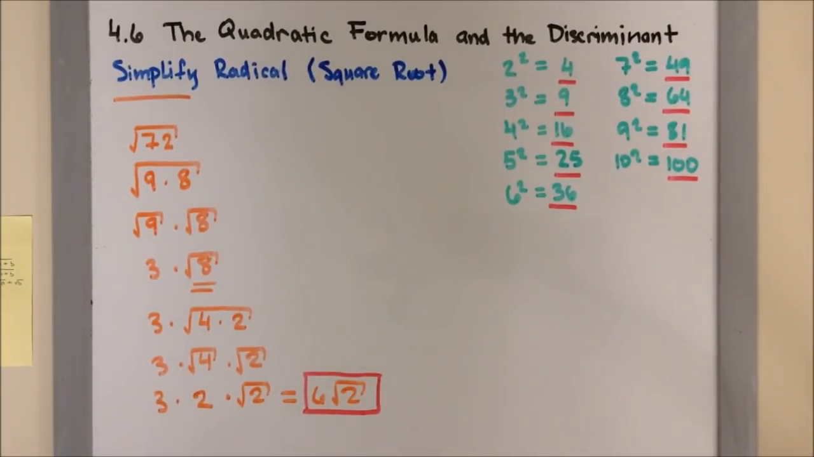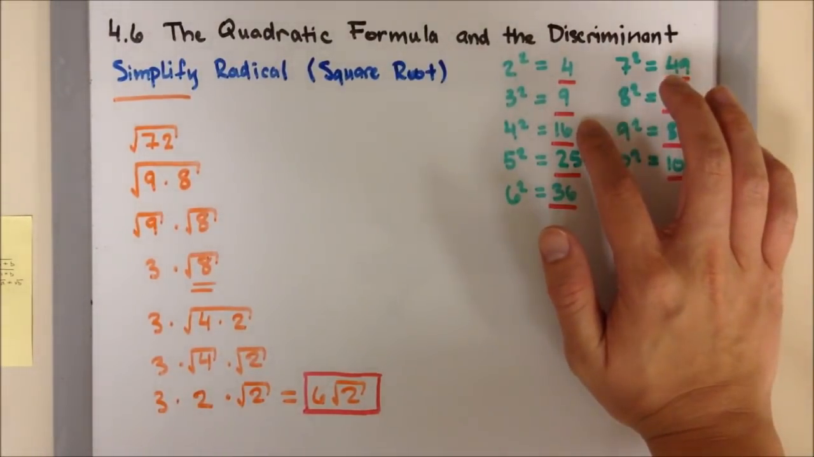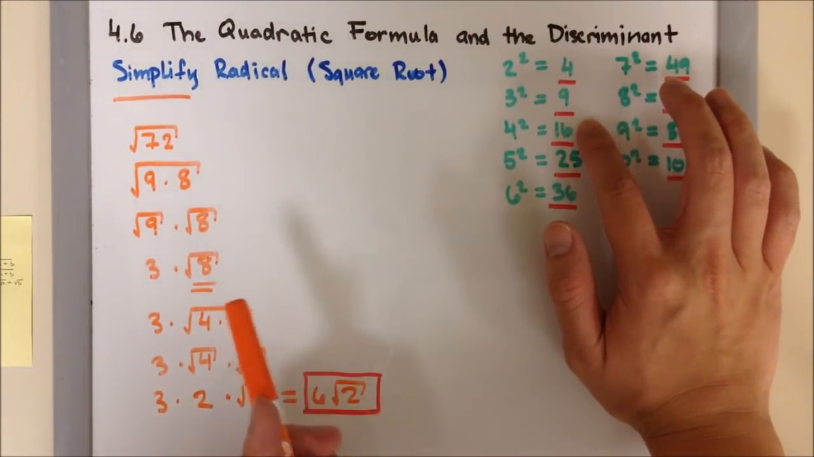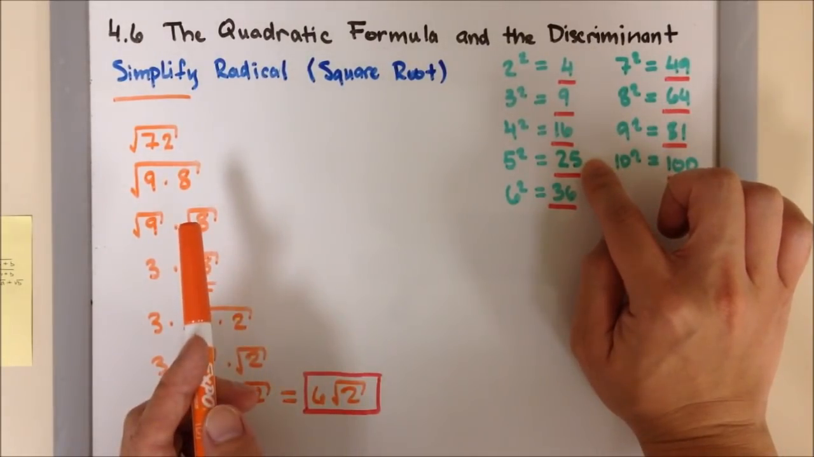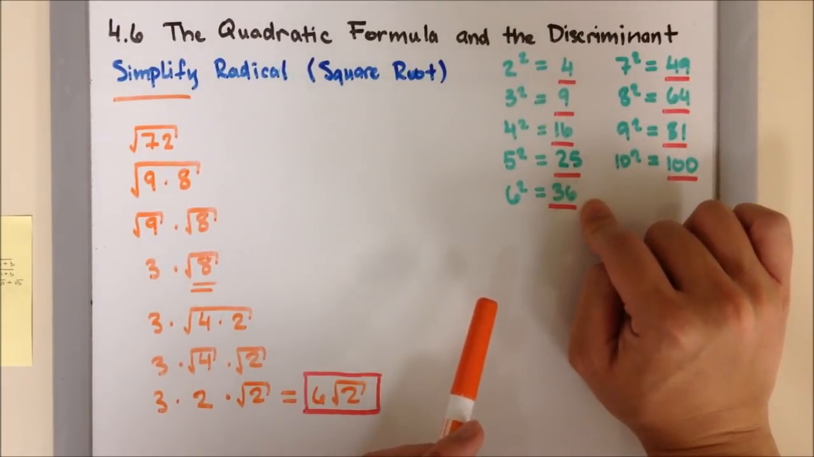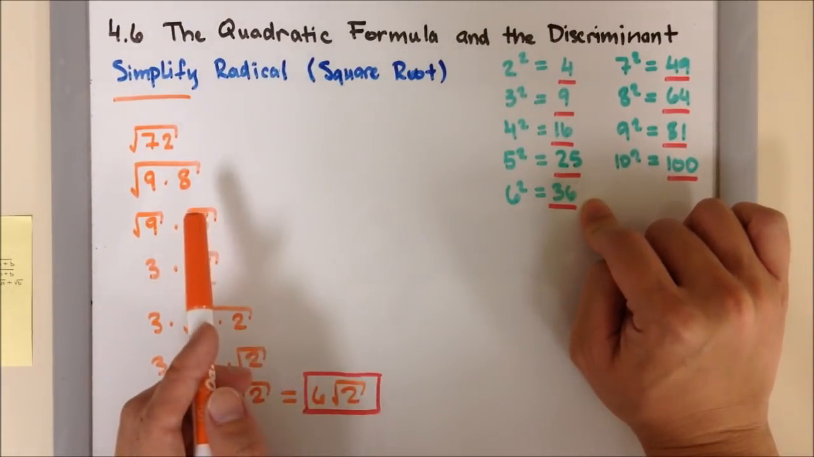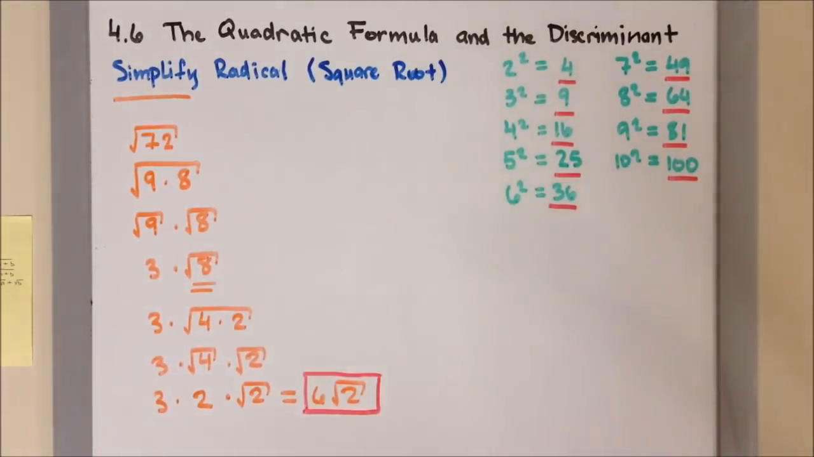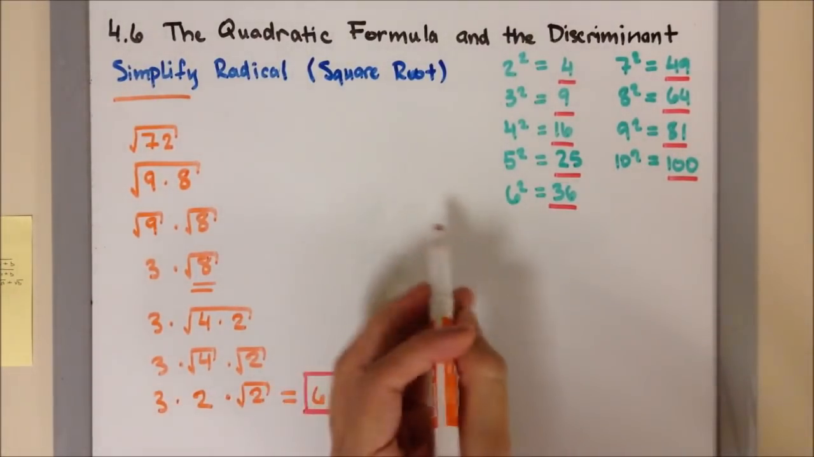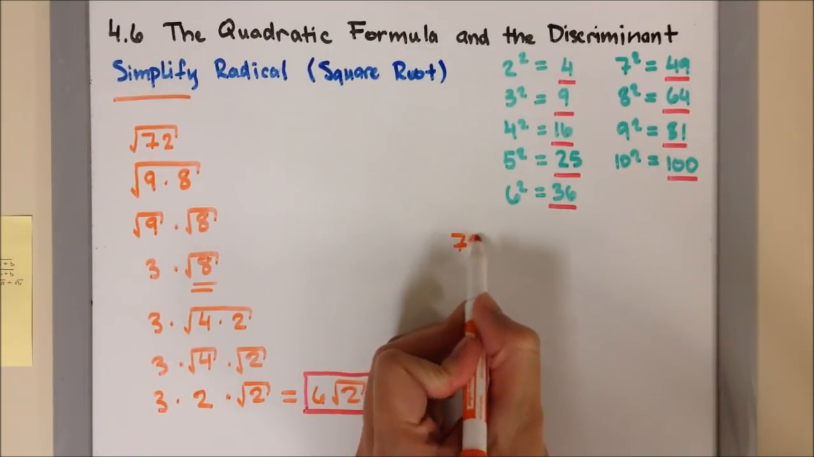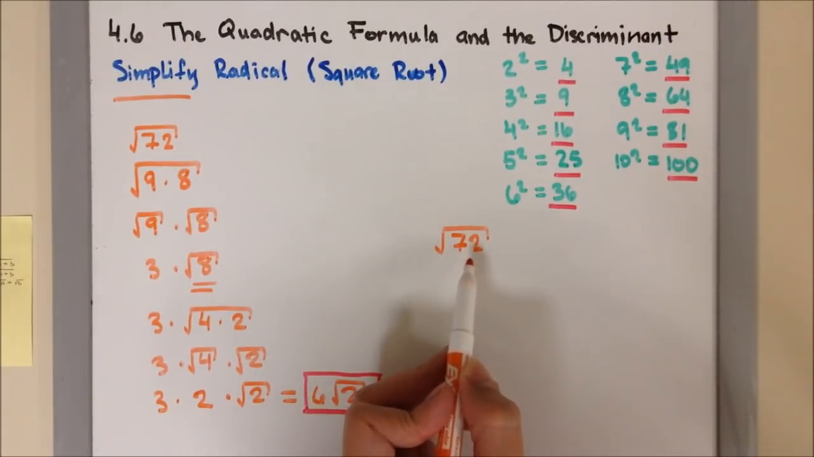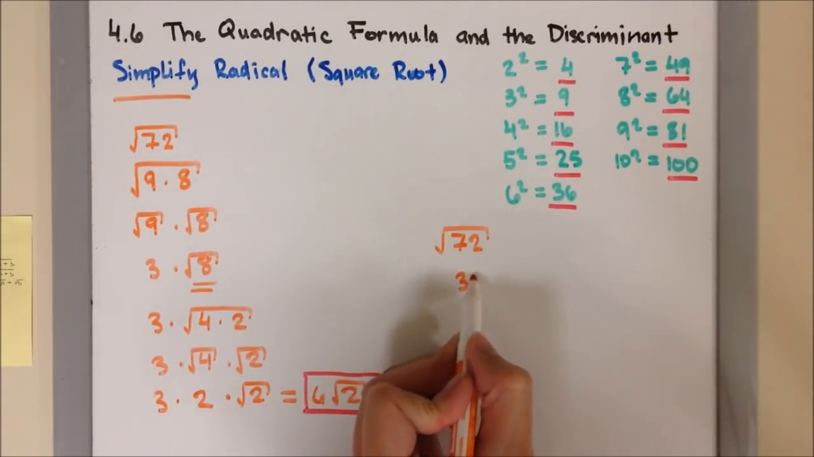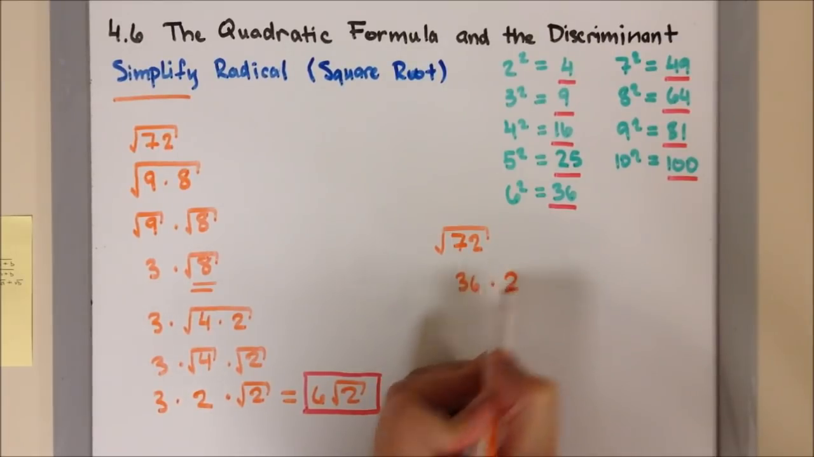Now let's check if we can use a perfect square number that's higher than 9. 16 won't go into 72, so we can't use 16. 25 won't go into 72, so we're not going to use 25. But 36 can go into 72, so we're going to use 36. Meaning, we're going to simplify the square root of 72 right here. So to break down 72 using 36, it would be 36 times 2,